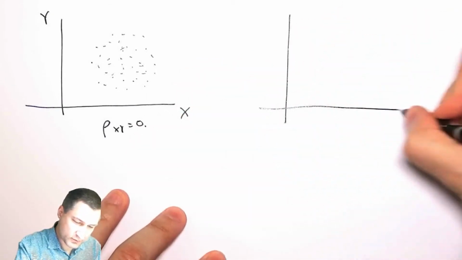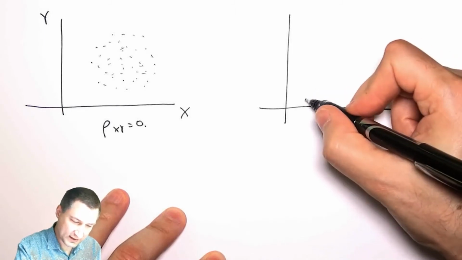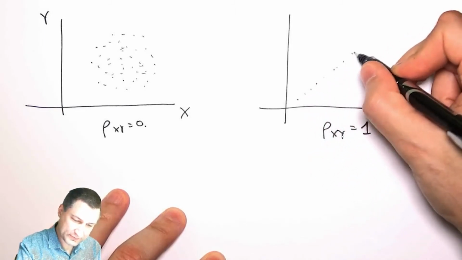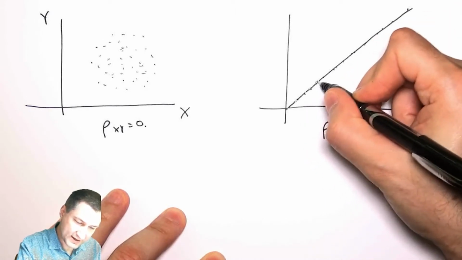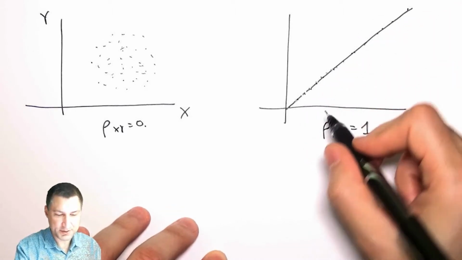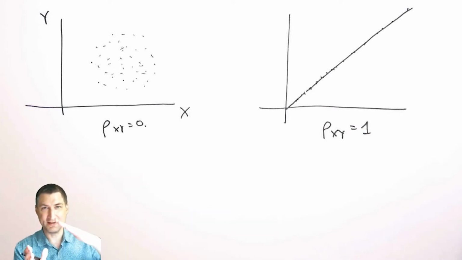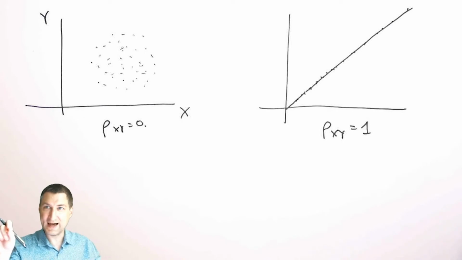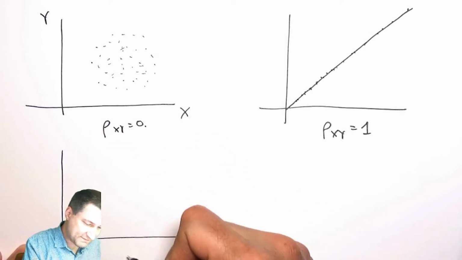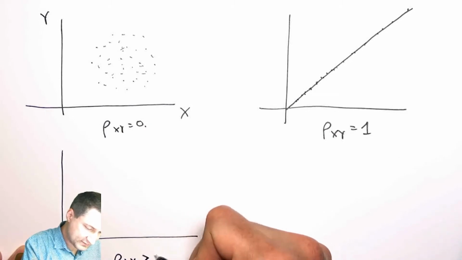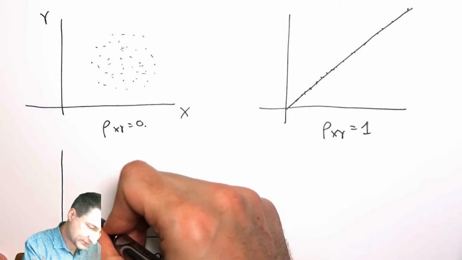If I had rho equals 1, this would be like saying something like this. I mean, there may be some variance in what's going on if I project it down to the axis, but there's like a one-to-one correspondence between telling you X and getting Y, right? So there will be a line that immediately connects the two points, the X and Y. If I have a positive correlation coefficient, kind of what I expect to see is something like this,